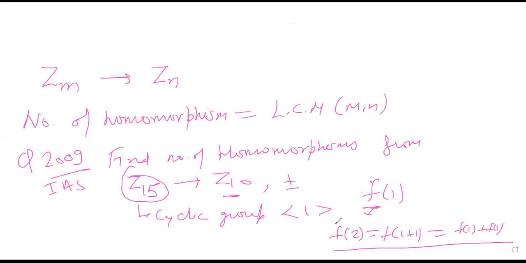But let's say the right-hand side had some other group with respect to multiplication. Then I would have f(1) into f(1). The operation will be multiplication. You always take the operation from the right side group. Here the operation is plus, because Z10 is not a group with respect to multiplication, but Z10 is a group with respect to addition. Okay, so now let's see how to find it.